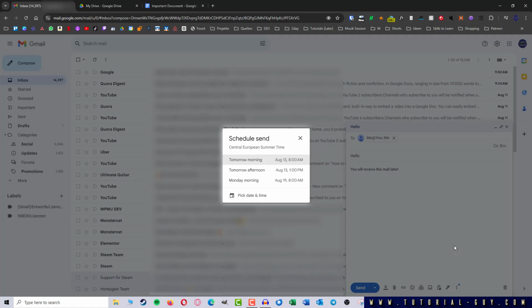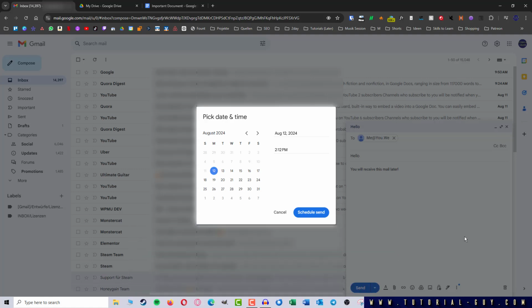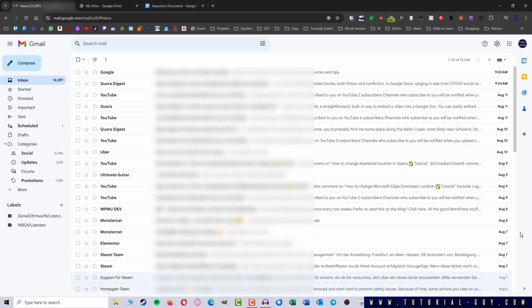Here we get some suggestions at which time we could send the email. Under pick date and time I can also enter my own individual time. By default, a delay within the next hour is displayed here, but I can also change these dates individually. Once I'm done with this, I click on Schedule Send, and the mail is not yet sent, but in this